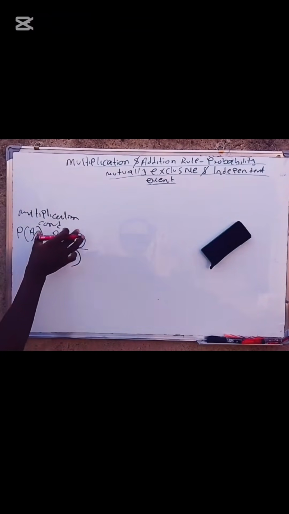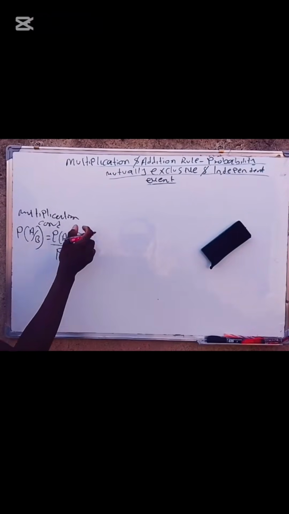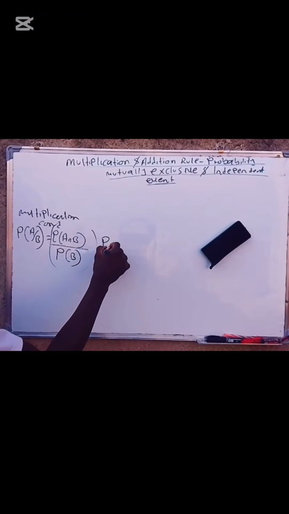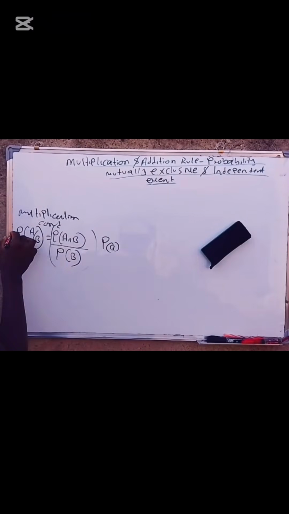So I'm looking for the probability of A and B. If I multiply both sides by the probability of B, and multiply this by the probability of B, this will cancel this. So therefore our